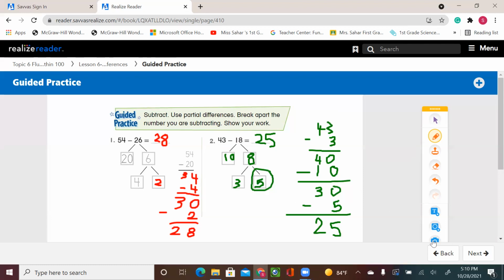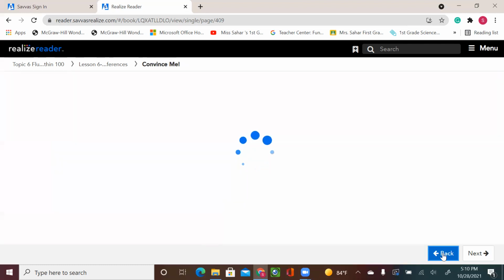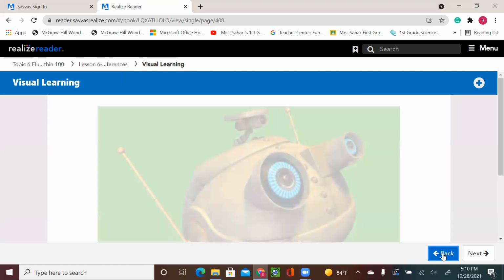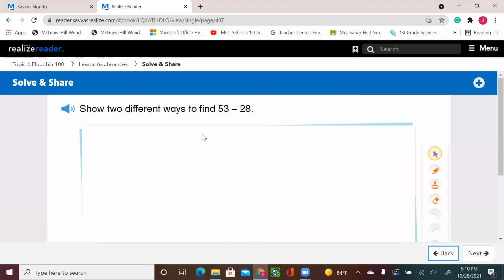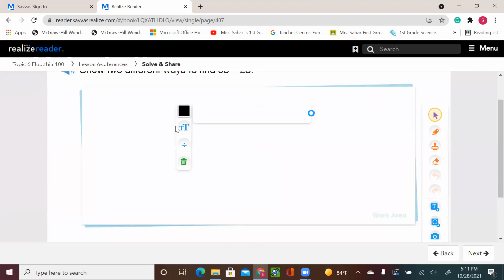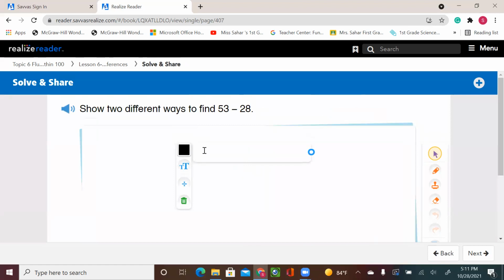All right. So let's go back to page 249 and do this example together. We can use any way we like. We can use the number line, or we can use the partial differences. So let's see, put first our numbers. So 53 minus 28 equals